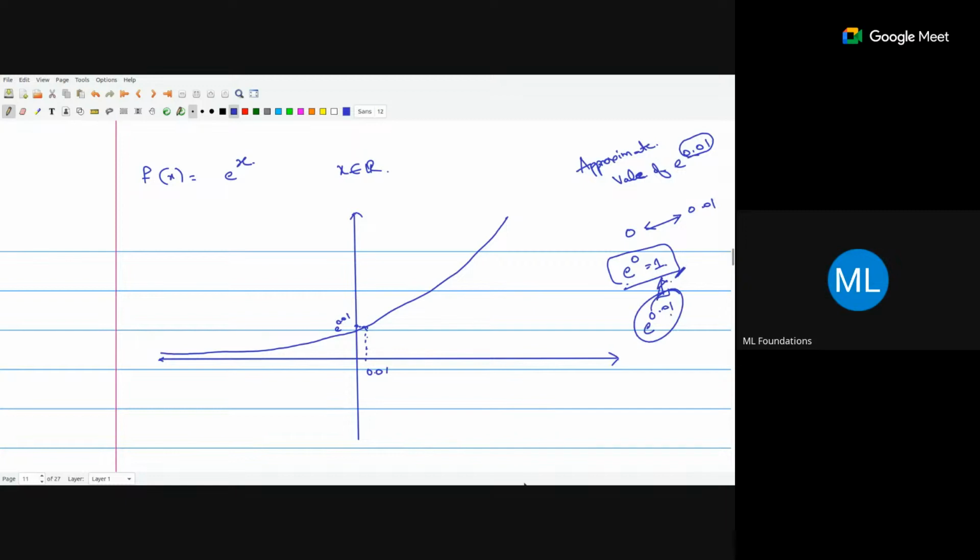And the answer is yes. So I can use e to the power 0 equals 1 to approximate the value e to the power 0.01. How? It is like this. So I know this value,